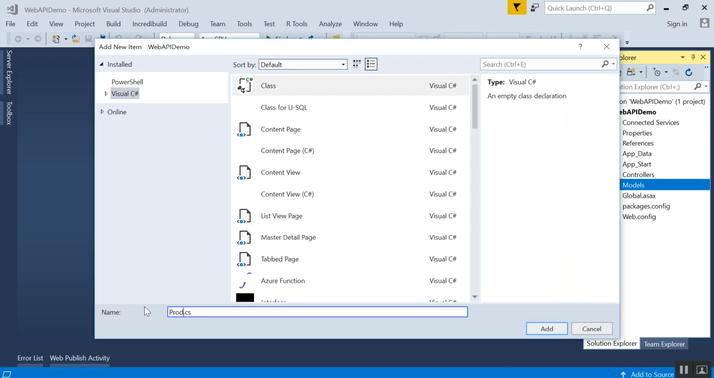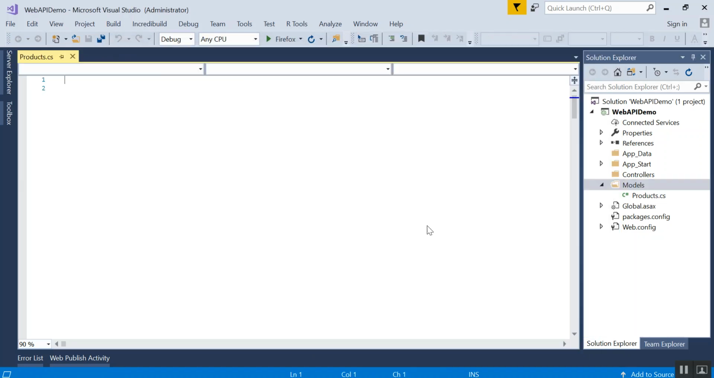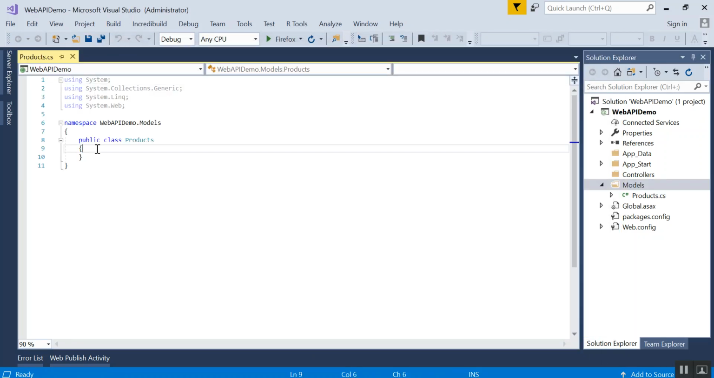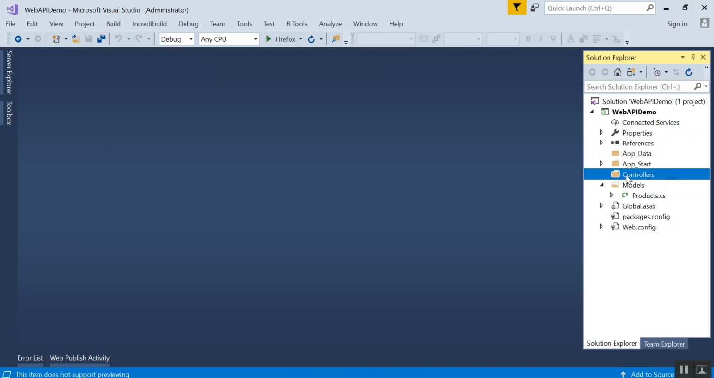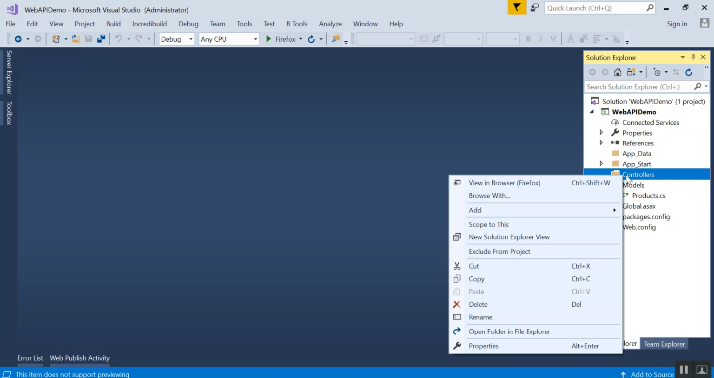Let's create a products class. I'm taking the sample provided on the web. Let's copy and paste this one. I'm creating a class and then a few properties, and so on. So let's save this. Let's create a controller class for this, where we'll provide some empty data, and we'll be